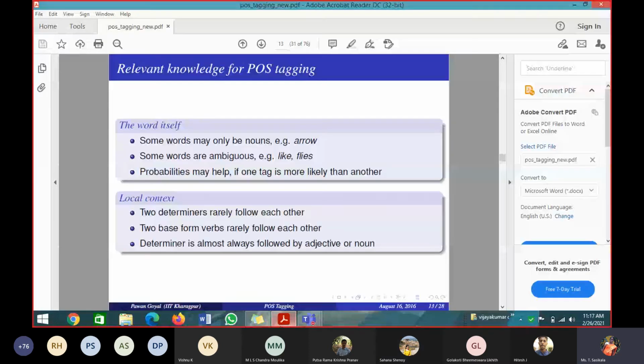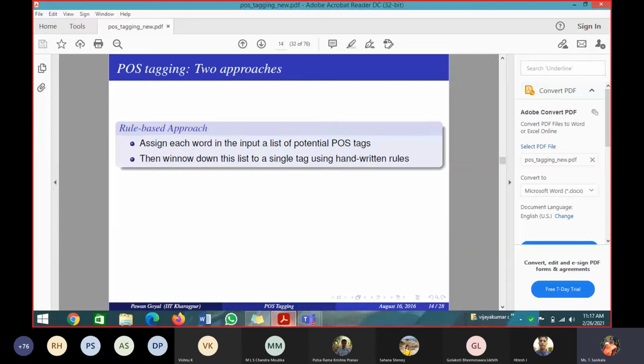Yes, ma'am. So these are all the basic knowledge we want for POS tagging. Without that, I cannot proceed. If you have some programming knowledge in C only, I can ask you to write a program in C. Without that, you will not know what printf is, what to use to print, what to use to get an input. Similarly, to find the POS tagging for each word, you should have some basic knowledge.